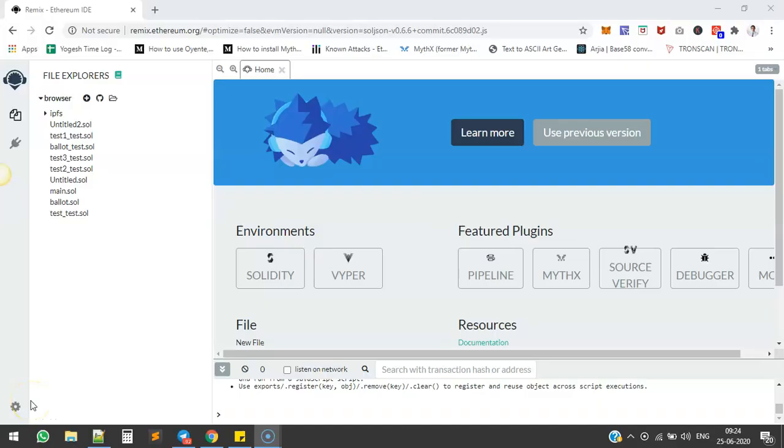Hi, welcome to EtherAuthority. In this presentation, I'll show you how you can deploy an Ethereum smart contract very easily, very quickly. First, go to the